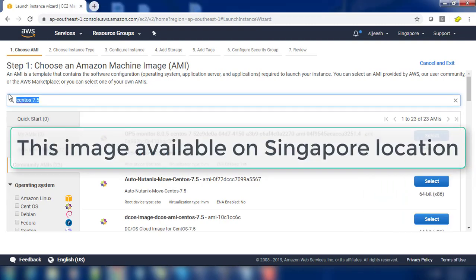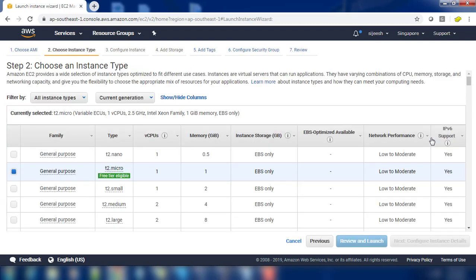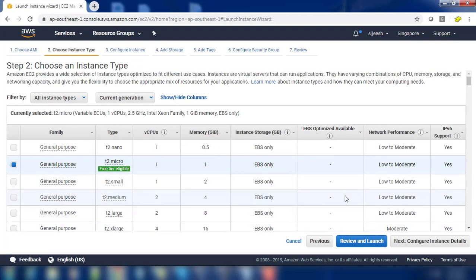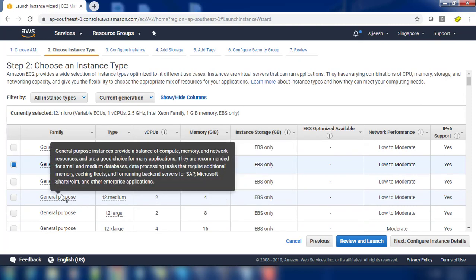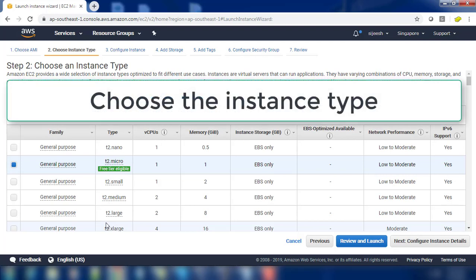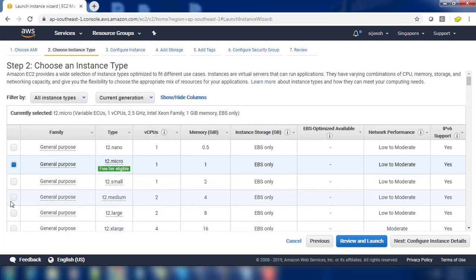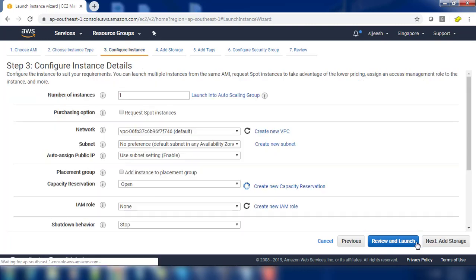So let me just search with that AMI ID here and choose that, and here select the type of this instance, and this mainly tells what the CPU and memory capacity is. So I'm just using 2 core 8 gig RAM, so T2 large instance. Then next, configure instance